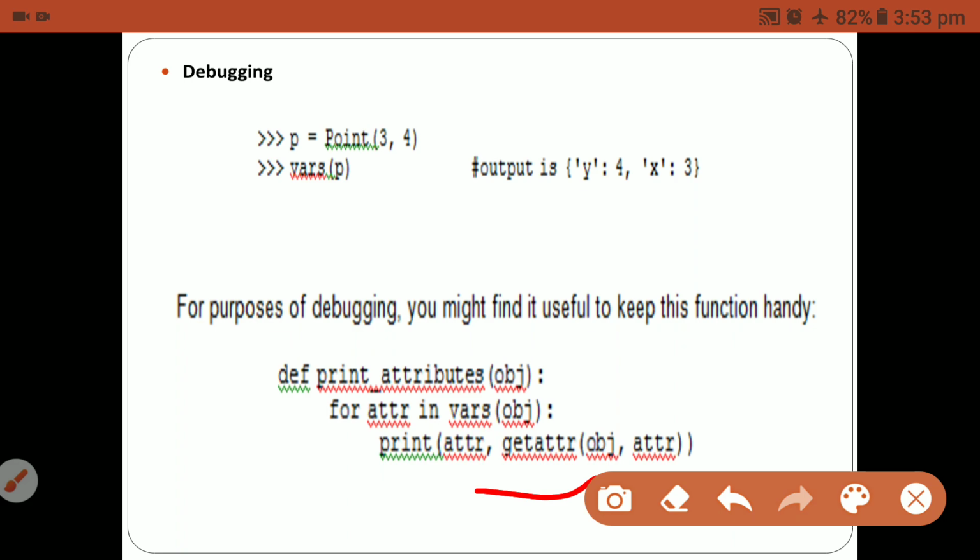So this is nothing but the debugging methods in classes and methods.